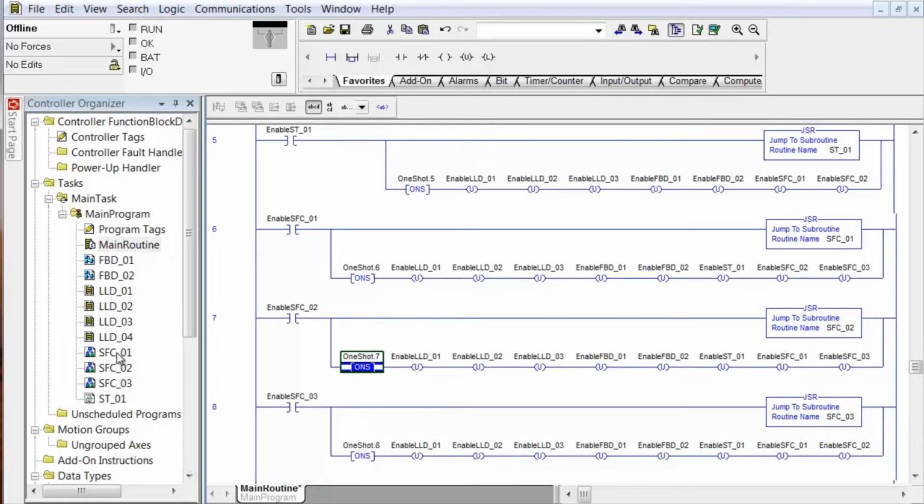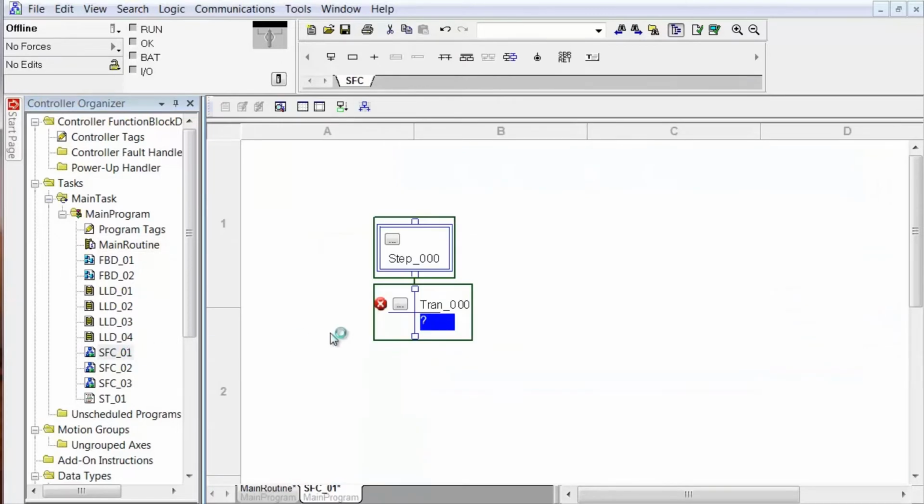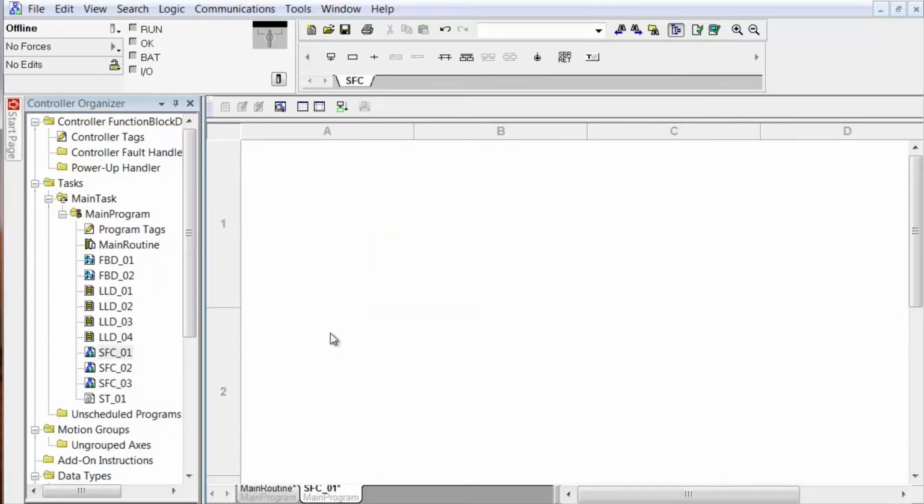So let's open up Sequential Function Charts 1. Double click. And of course, if you were to open up an empty ladder logic diagram, you would get an empty rung. When you open up a sequential function chart routine with nothing in it, it assumes you want something in there, so in it pops. I'm going to hit delete because they're both highlighted,